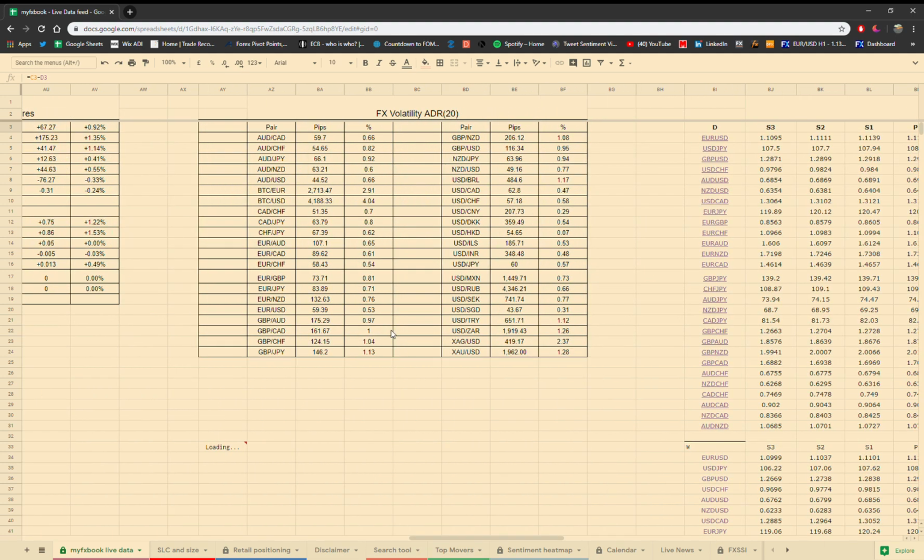FX volatility. The reason I've included this is just so you're aware of how to adjust your position size. Let's say, for example, you used to trade the cable rate, the pound USD. If you went on to trade the pound Kiwi, you'd use half the lot sizes you're used to, because you see the difference in the pips on the day. So you use half. If you were using 0.2 lot size, you'd use 0.1 for that one,